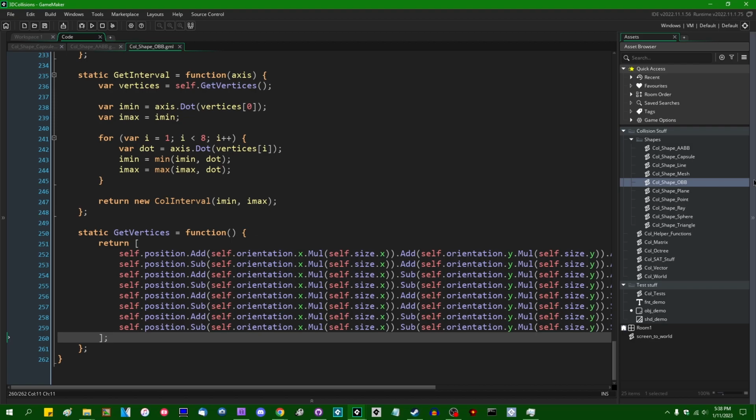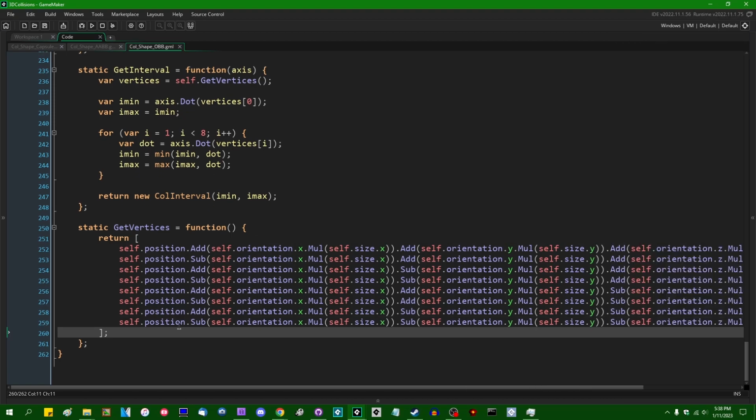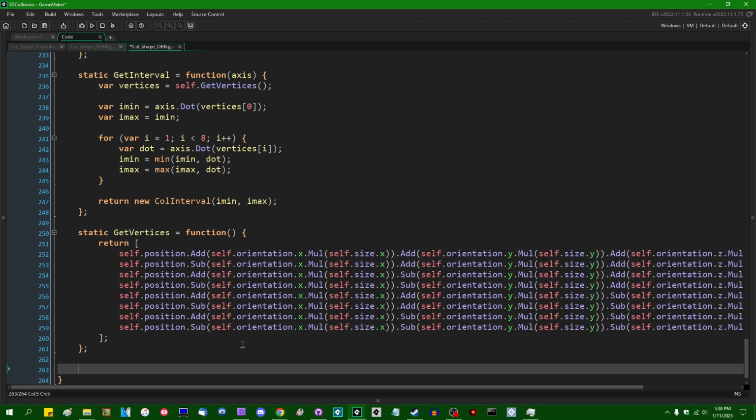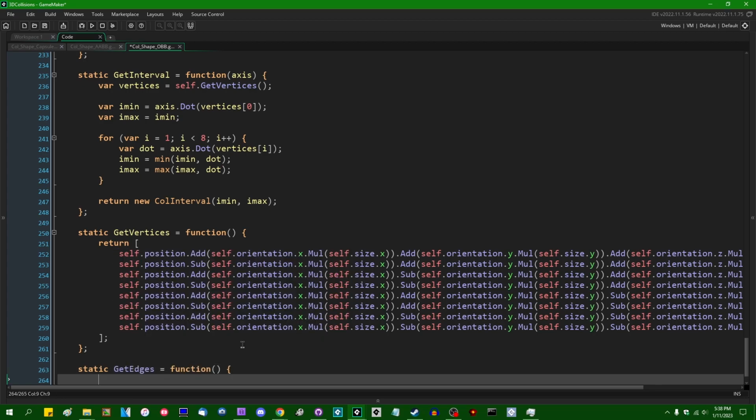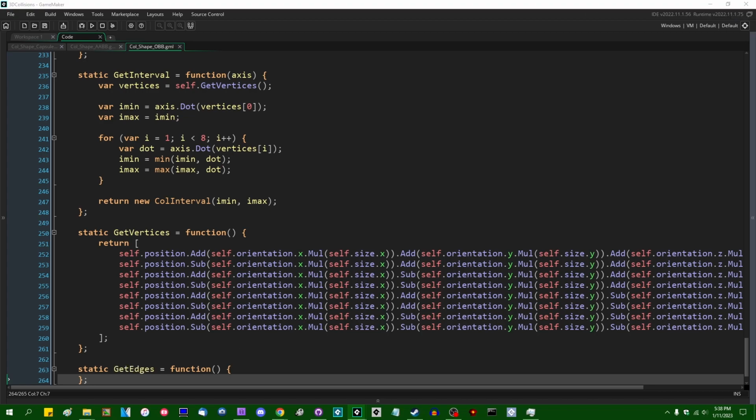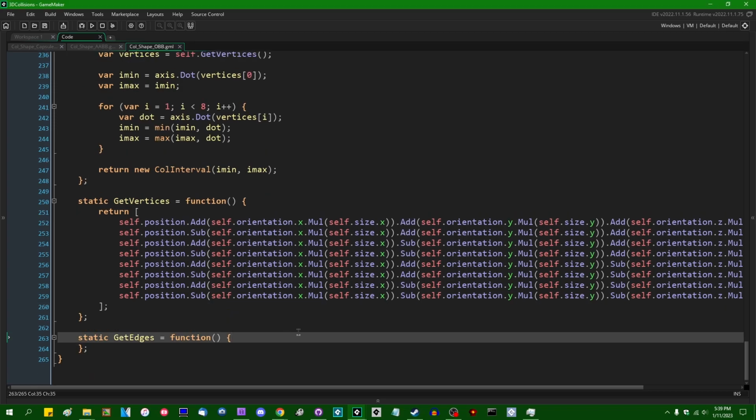We're going to be making some use of this when it comes to checking OBBs versus capsules, and I'm also going to want getEdges, and that's going to be its own function. And if I were to go into my test program, is this going to be in the same order? It is not. All right, so let me once again